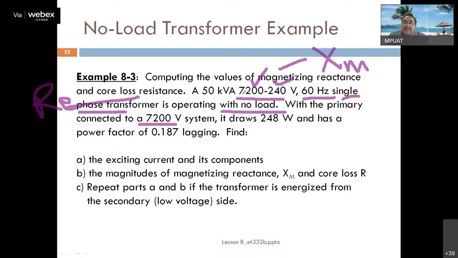Now we have applied the rated voltage to the primary winding. कितना rated voltage कितना है? 7200 volt, और उतना का उतना हमने लगा दिया. ठीक है, तो प्राइमरी में कितना ड्रॉ किया इसने? 248 वॉट. हमने वॉट मीटर लगा दिया, उससे हमें पता पड़ा कि इसने कितनी पावर ड्रॉ की? 248 वॉट. और उस समय इसका नो लोड पावर फैक्टर कितना था? 0.187 लैगिंग. ओके, अब ये कह रहा है ये चारों निकालिए, एक्साइटिंग करंट कंपोनेंट, मैग्नेटाइजिंग रिएक्टेंस XM, कोर लॉस रेसिस्टेंस, रिपीट